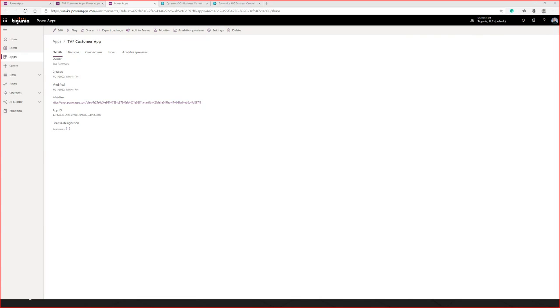And now, again, I have that Power Apps. I can share it with somebody. I can have access to it, log into my Power Apps application on my phone, and I could be out in the field working, updating customer information, doing all sorts of stuff that we would have access to.